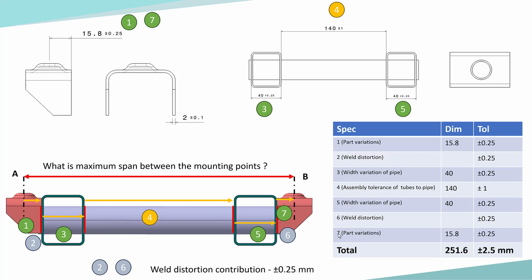And again, specification number 7 is only the part variation, so 15.8 plus or minus 0.25. So these are all the dimensions: 15.8, 40, 140, 40 and 15.8. We add them all up, we get 251.6, and we add all of the tolerances up, we get plus or minus 2.5 mm. So the specification for this A to B gap is 251.6 plus or minus 2.5 mm,